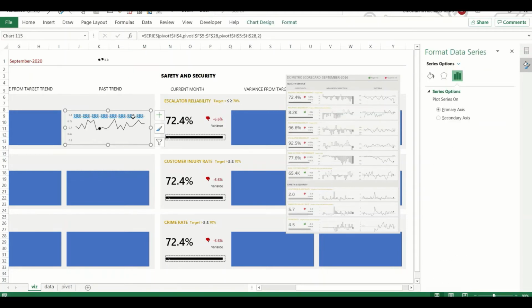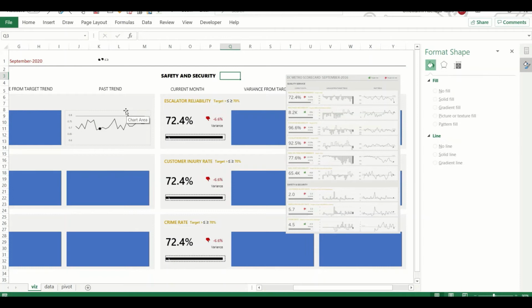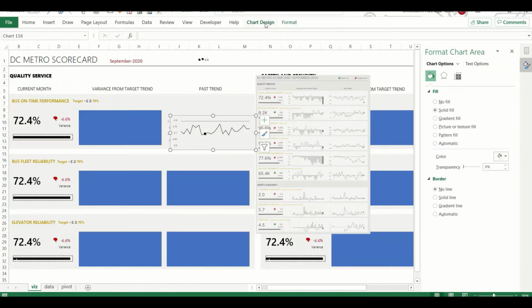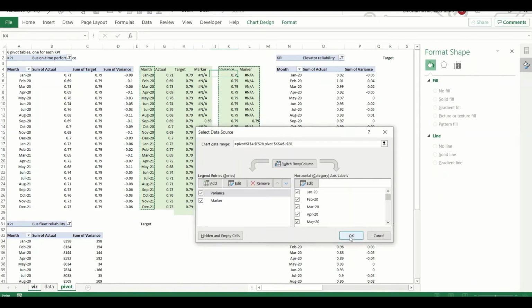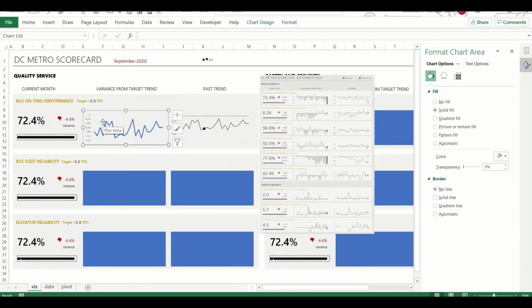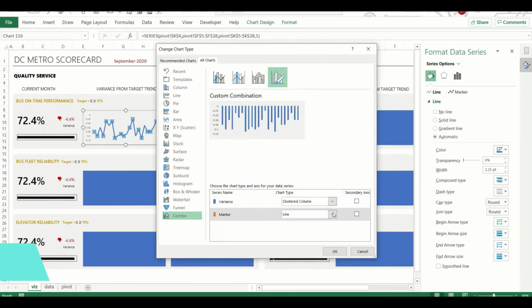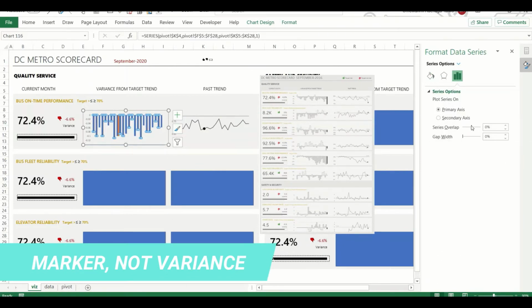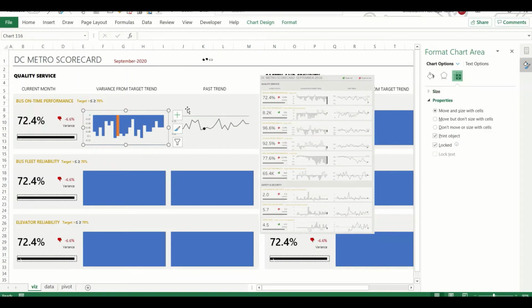I set up the next column now, which is the variance column, and for the variance I'm simply computing the difference between the actual value and the target, and that is being charted on the bar chart. And you see the bar chart also has the variance, and you notice the variance is in orange color, and I'm just going to go in to change that color to gray, which is closer to the color on the